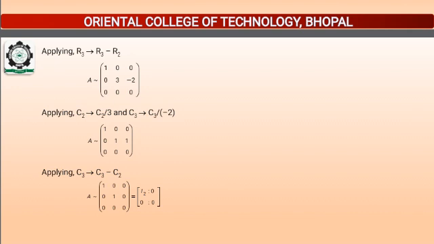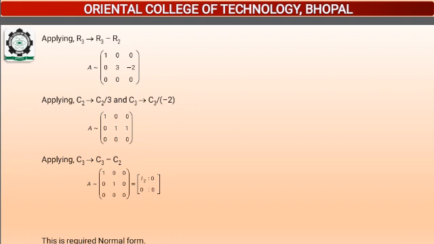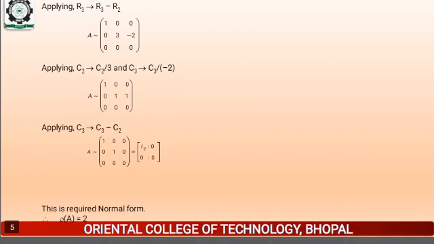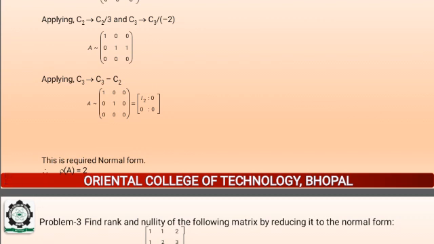Since we have 1 in the principal diagonal in two places, first position A11 and second A22, that is converted in the form of I2, that is A can be written as [I2 0; 0 0]. This is the required normal form of matrix, and rank of A equal to 2 here, because we have unit matrix I2, meaning order of matrix is 2, hence rho of A is 2.